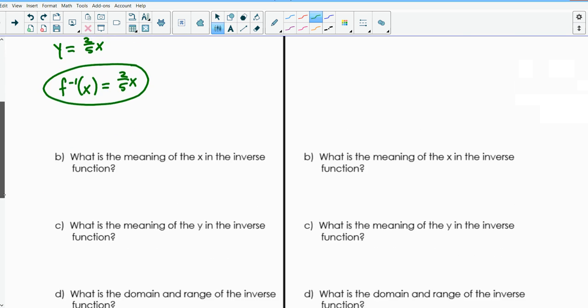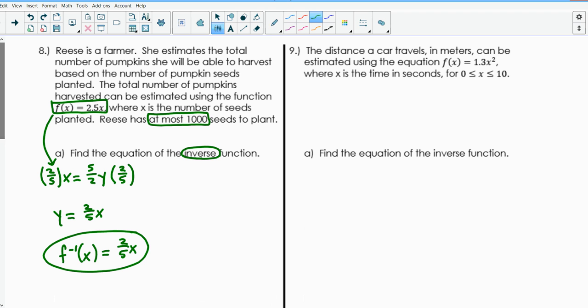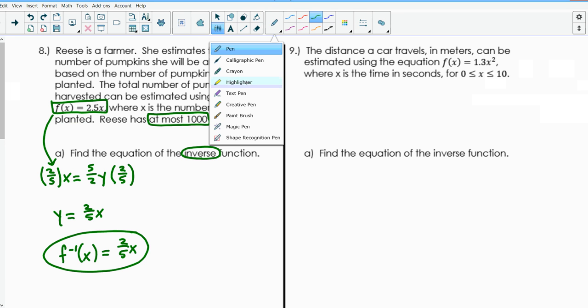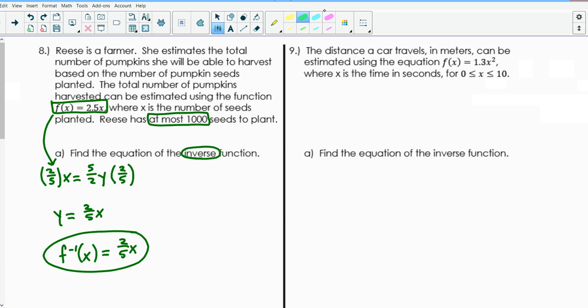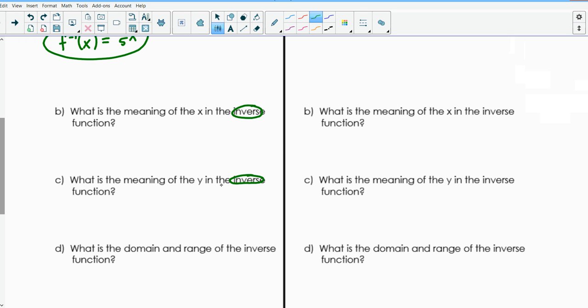Okay. B says, what is the meaning of x in the inverse function? Well, these switch. So whatever x was is now going to get flip-flopped. So I want to go back and determine what x was. So I'm going to highlight these. Notice it says right here, x is the number of seeds planted. So if x represents the number of seeds planted, then in the inverse function, that's your y. So what is the meaning of y in the inverse function? We're going to say number of seeds